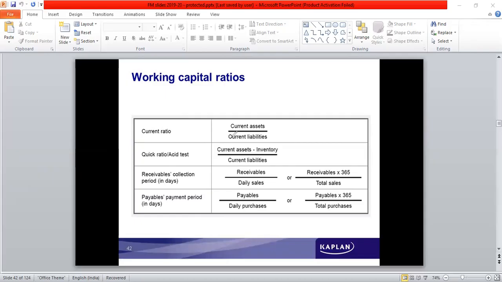Prepaid expense, on the other hand, on account of prepaid expense, benefit can be realized, that is, the services can be used in the next period, but it is very difficult that cash can be realized out of that. So eliminating these two items, all the other current assets are quick assets. Then we have receivable collection period. So receivables turnover ratio. So first thing is we have to find out what the receivables turnover ratio is. So it looks like, let me put it on a Word file.